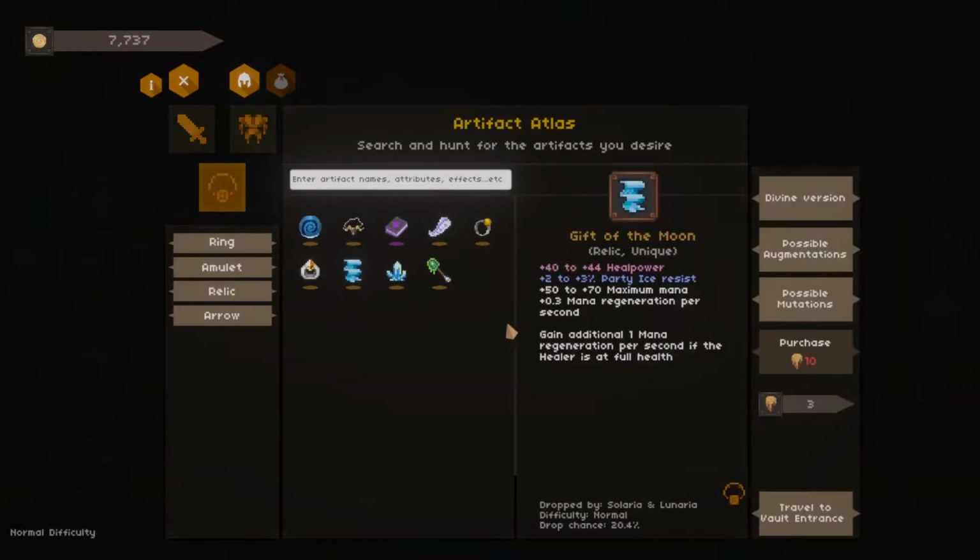Just a few more then. This one, Gift of the Moon. Gain an additional 1 mana regeneration per second if the healer is at full health. Good, but now that they've changed the game, am I ever at full health? There's always something doing damage to me or something else, or...